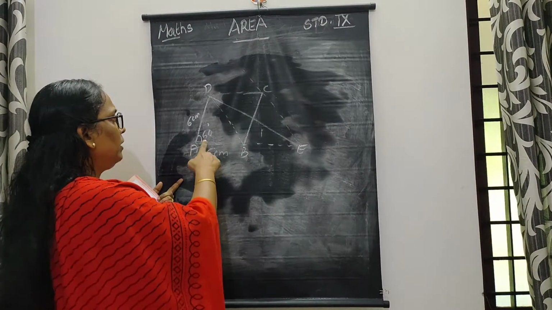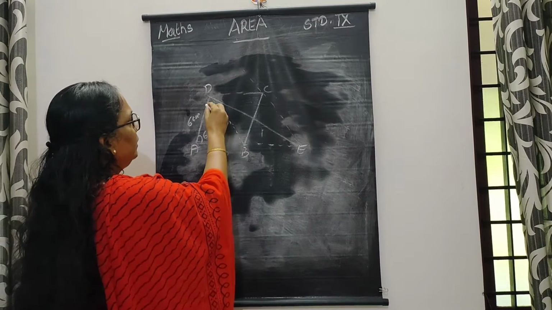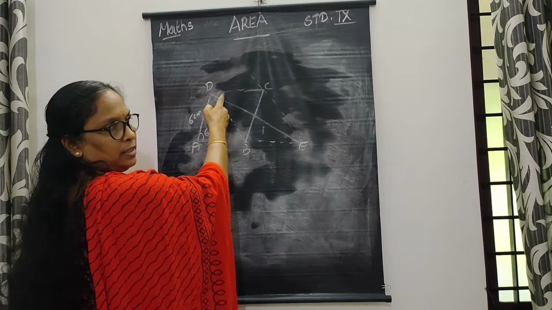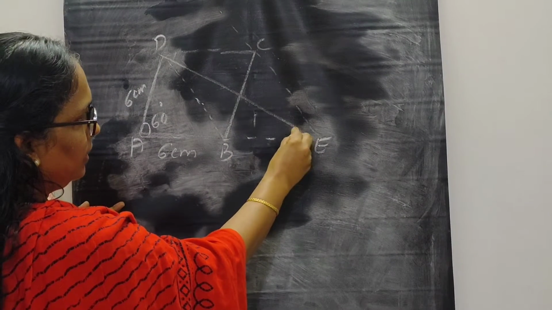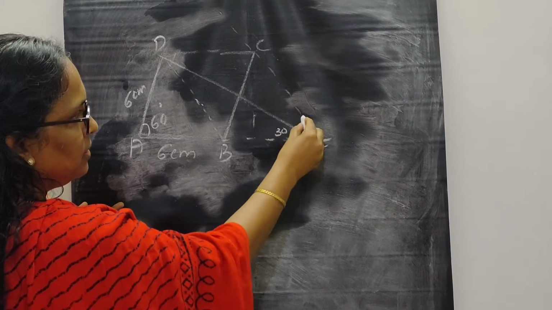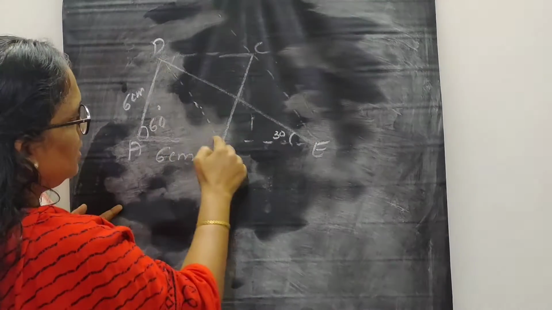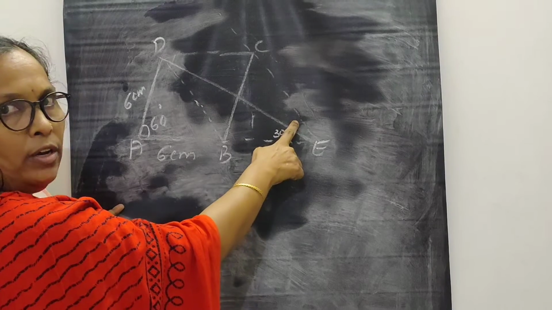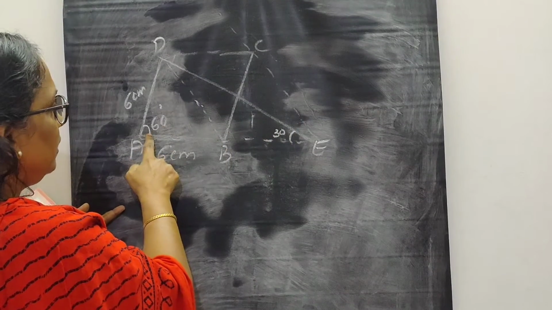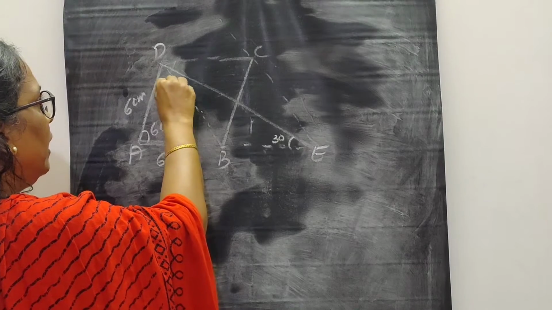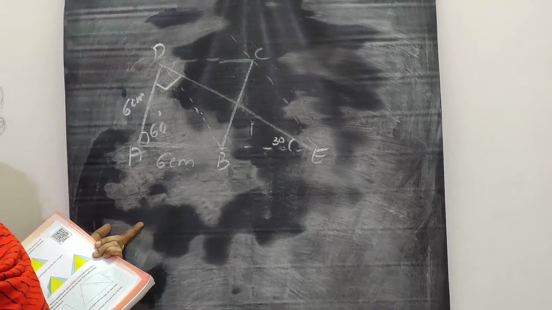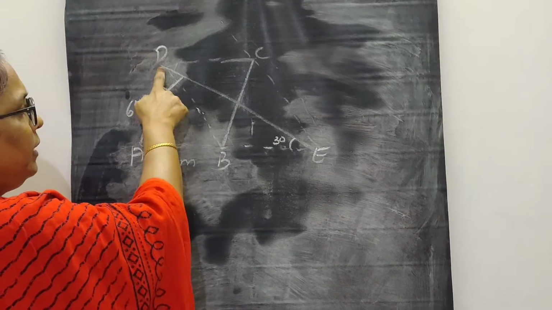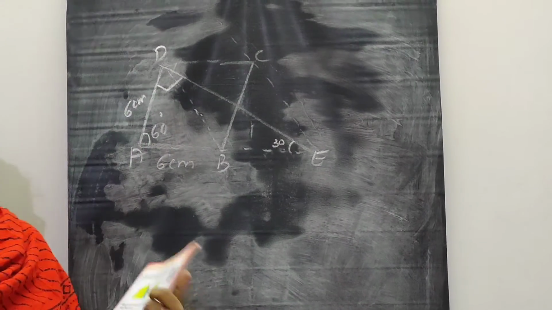Look at this one. Here the angle is 60 degree. And here the angle 120 means, what will be here? 60 and 60. And here the angle is 30 degree. Since here is 60 degree and this is also 60, this one here also 30 and here also it is 30 degree. And here 60, here 30 means what will be the angle here? The angle will be 90 degree. That means triangle ADE is a right triangle.